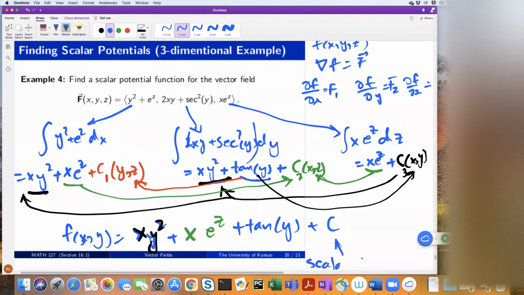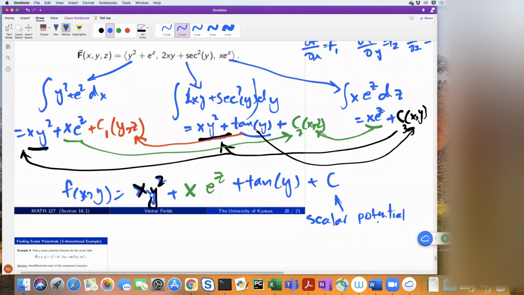Do you guys know how to figure out if you found the right scalar potential? Take the gradient of it. It's like, how do you check your antiderivative? You take the derivative of it, right? So if I take the gradient of f, I should get the big F. If you want to check,